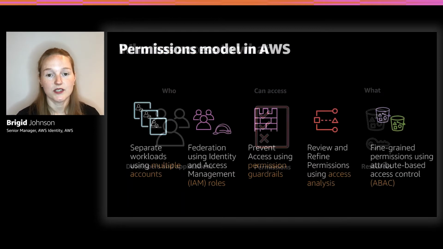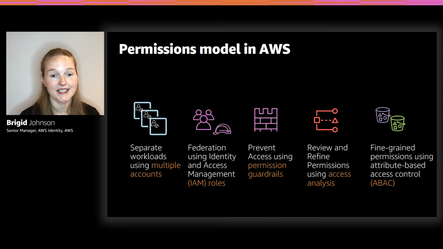So what does that model look like? There are 5 parts. We're going to dig into the last 3 on the screen today, but I'm going to quickly review the first 2. So first, separate your workloads using multiple accounts. And hopefully you're all working with AWS Organizations. It allows you to have multiple accounts, group them, govern them, and set controls across accounts. I would recommend that you go and check out new and latest integrations. They've been rolling out all year since the last time I talked about this, so make sure you go and check those out.